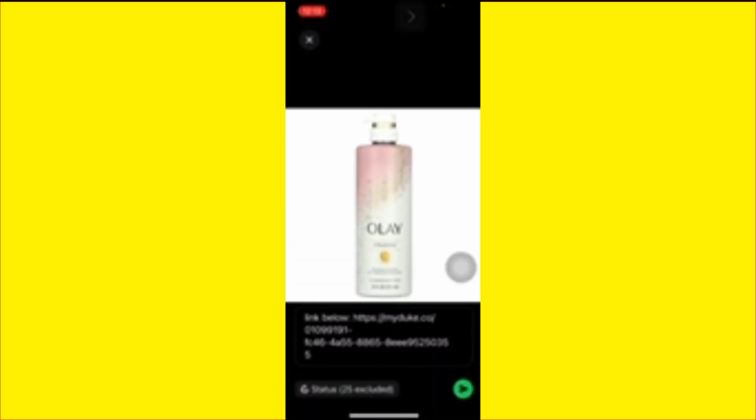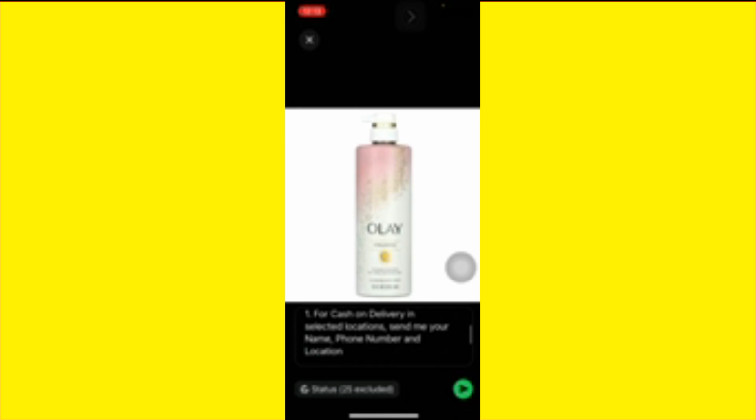Okay, so once you click on next, you're going to see these two options here. The first one says for cash on delivery in selected locations, send your name, phone number, and location. So for this first one, you can request payment details and information from your buyer, and you're going to place an order on the Tendo app with that information so that your buyer can get the product.